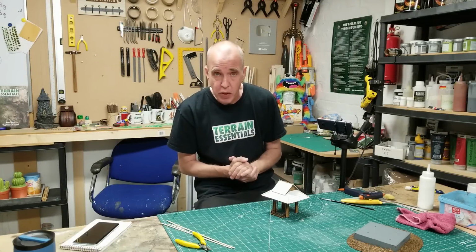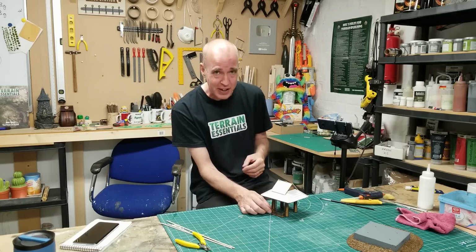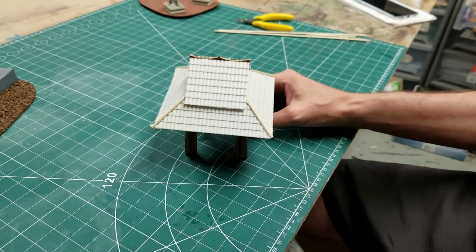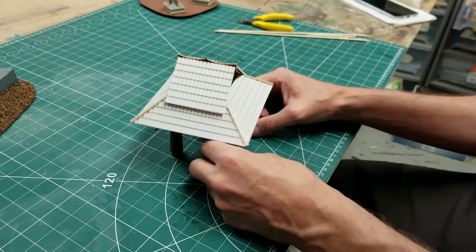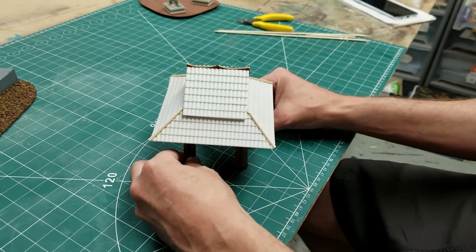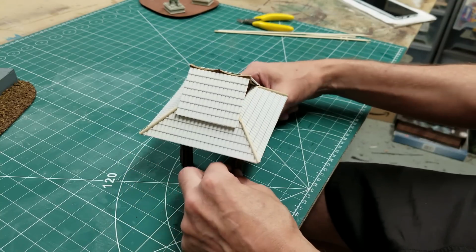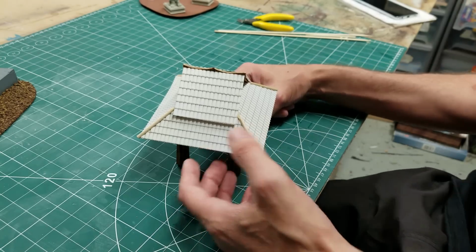So I've been cracking on with the roof and it's turned out perfect. Well, pretty much perfect. I'm happy with it. Come on down. Right, here you go. As you can see, I've just got it on these wooden supports. But there you go. And what a massive difference compared to bare MDF. Just a simple sheet of a plastic,